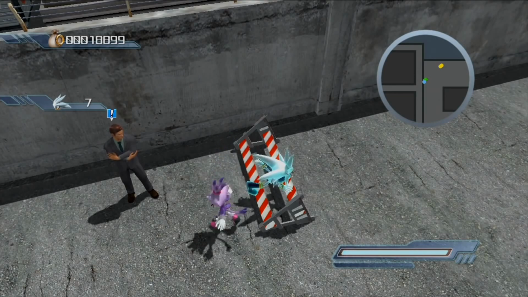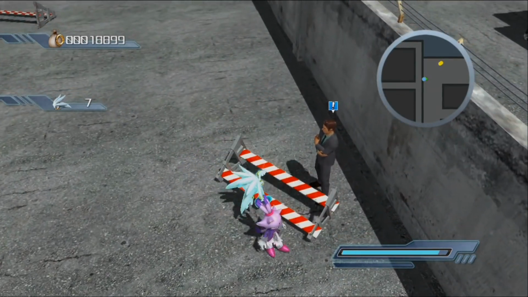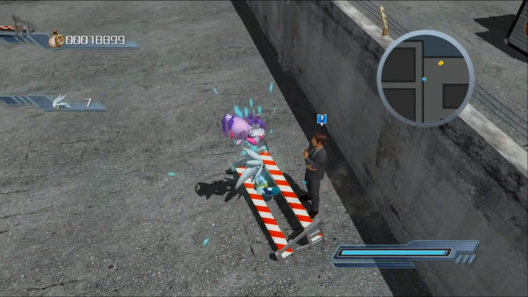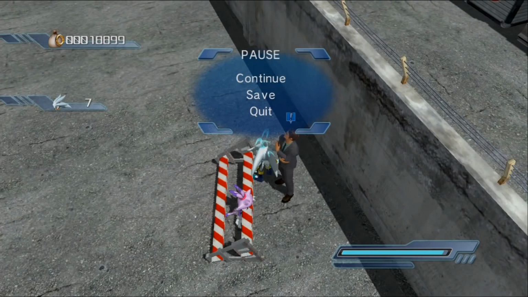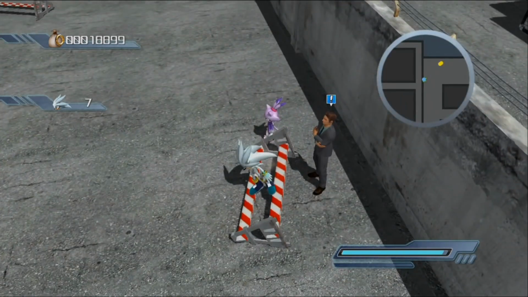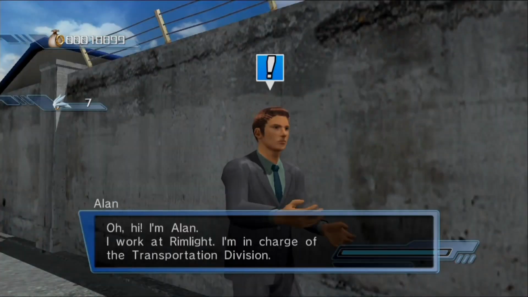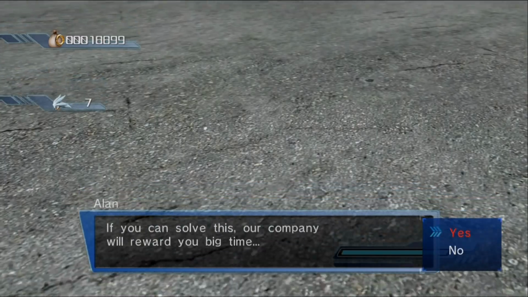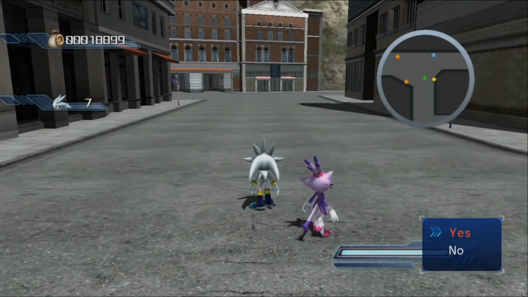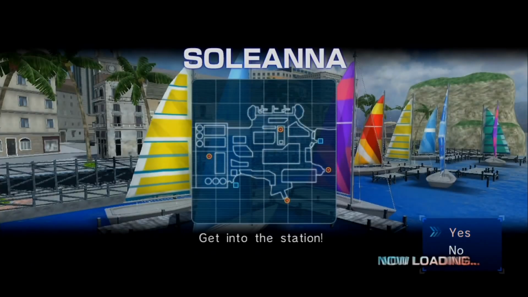Now right here, all I'm doing is setting up so that I can get the glitch to work, because while you're talking to a townsperson you can't actually move. However, there is a neat little trick that's going to allow me to travel on this object while talking to this townsperson, and you will be seeing that right now. You pick up the object while standing on it, talk to the townsperson, continue the conversation to the point where you can accept or decline the mission,